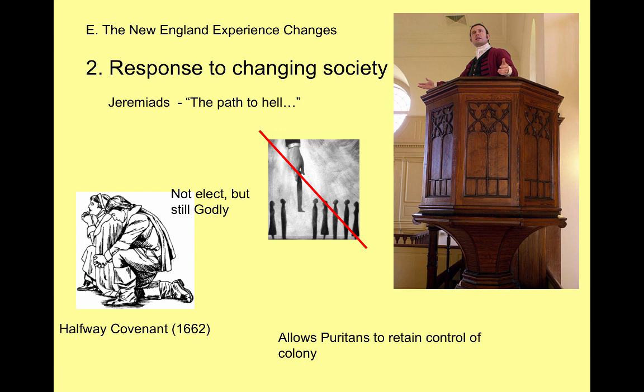Finally, on this slide, what we see is there are other people moving to New England besides Puritans, and as more and more of them move to New England, they resent the Puritan control of their society, and so they, plus the Puritans' children who weren't coming to church, that could have been enough people to take over control of the colony. So when the Puritans created the halfway covenant for their children, that allowed the full visible saints to band together with the halfway covenant people to maintain control of the colony from these non-Puritans.